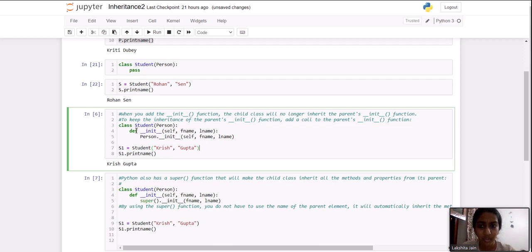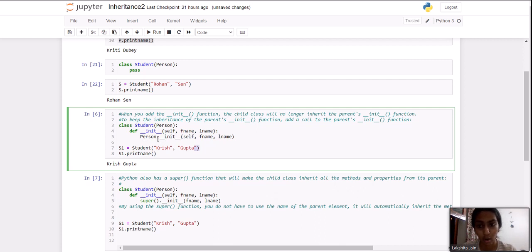So we are creating an init function in the child class, Student, and then in that function we are calling the init function of our parent class. Please note the syntax, Person dot init.